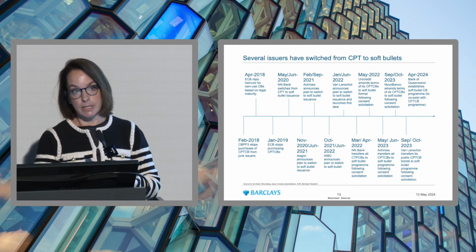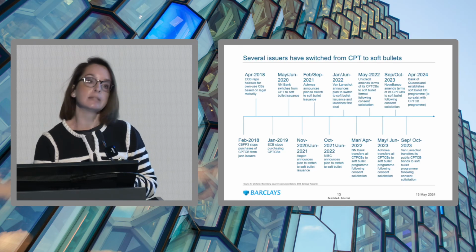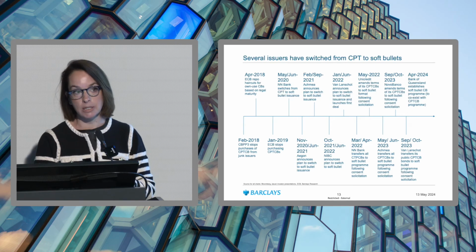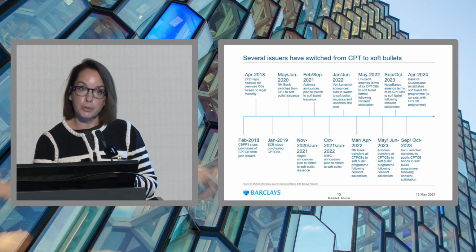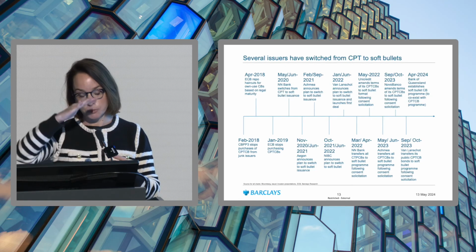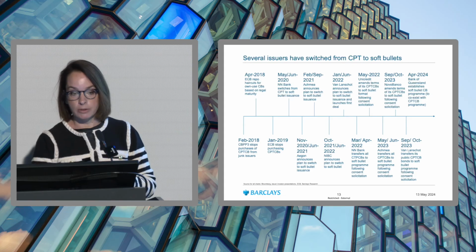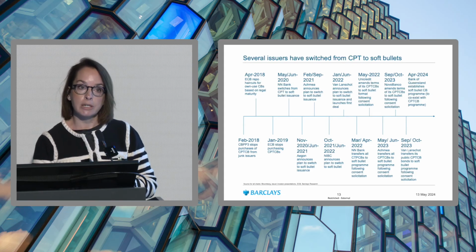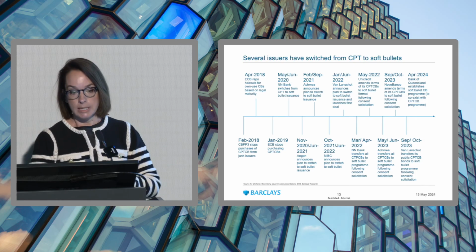Basically, back in 2018, when it had the CBPP3 program as part of the QE, the ECB announced that it was going to stop purchases of CPT covered bonds from issuers rated below junk. Then a few months later, the ECB announced that in terms of its ECB repo haircut scale,